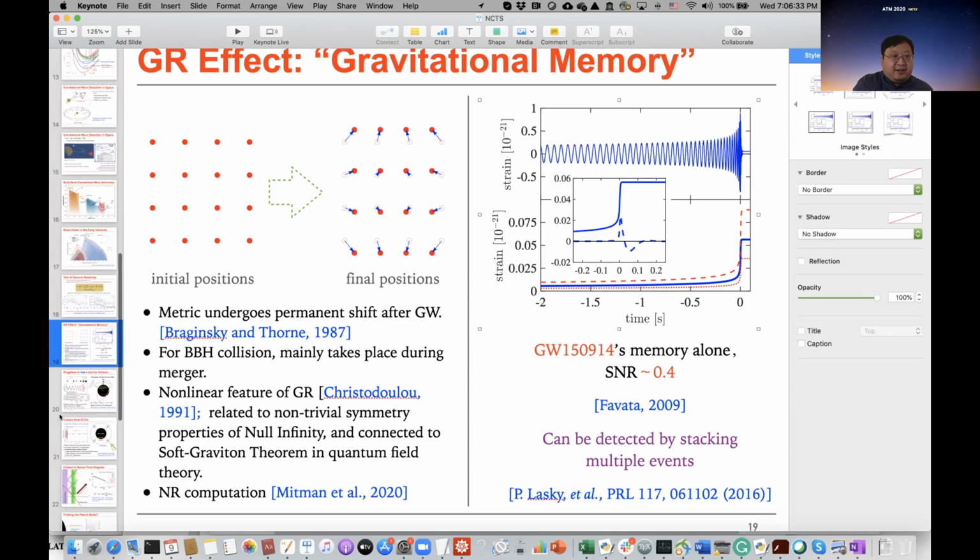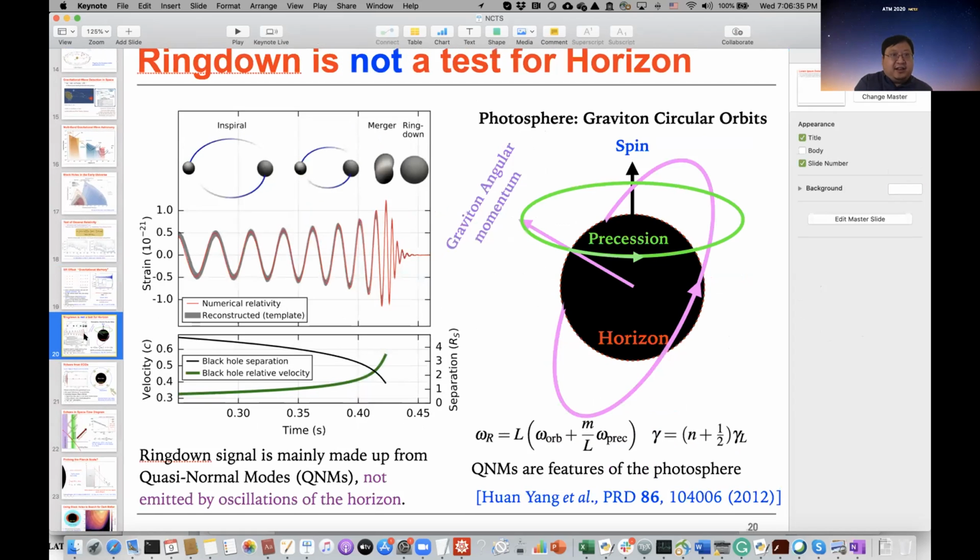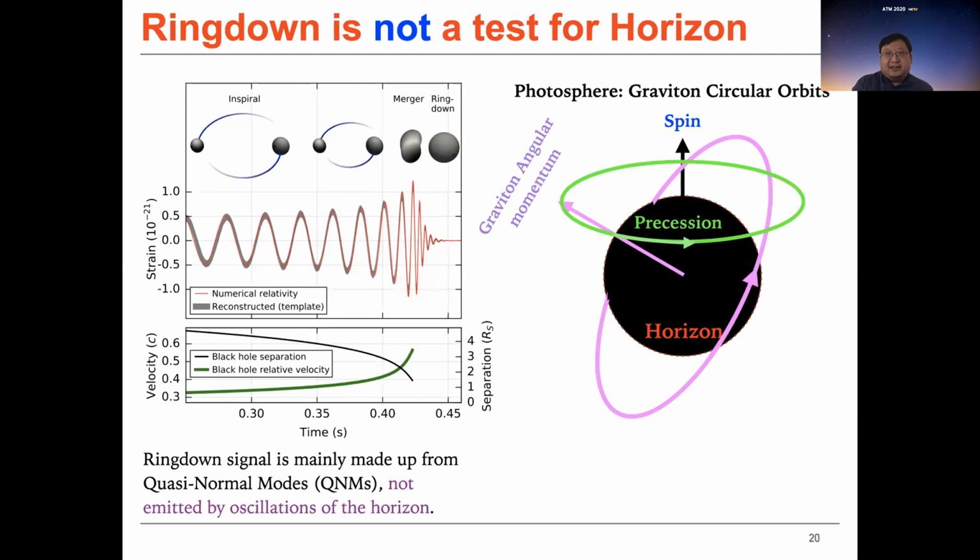Let me give you another example about studying the horizon of black holes. Okay, this is a little bit connectable to the previous talk. I think the immediate thing you want to ask is, now we have the so-called ring down part. Is it an oscillation of the black hole, or in what sense is it an oscillation of the black hole?